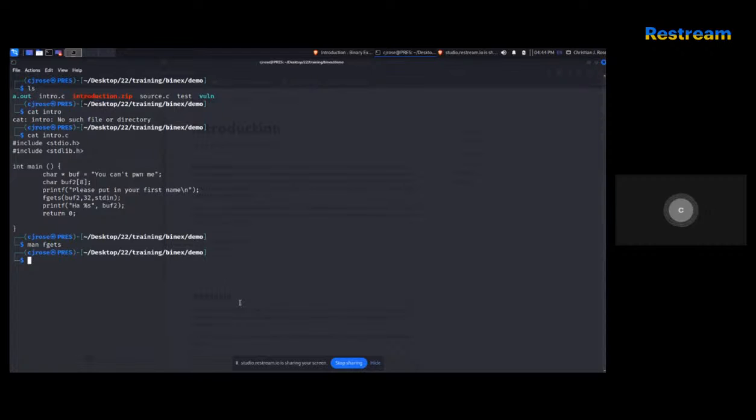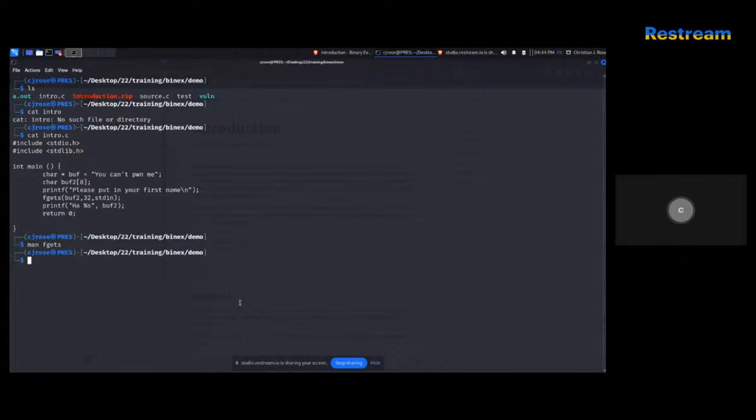Okay, so fgets is one of our first vulnerable function calls that we'll be looking for when we're looking for a buffer overflow. If they're doing an fgets to a buffer that's smaller than the size that they're fgetting, that's most likely the buffer that you're trying to overflow. Okay, that makes sense? So then we can keep writing A's